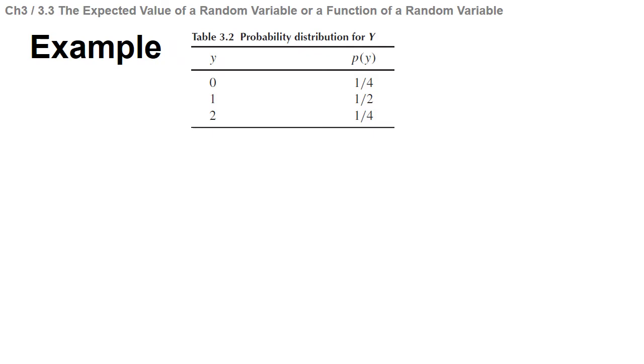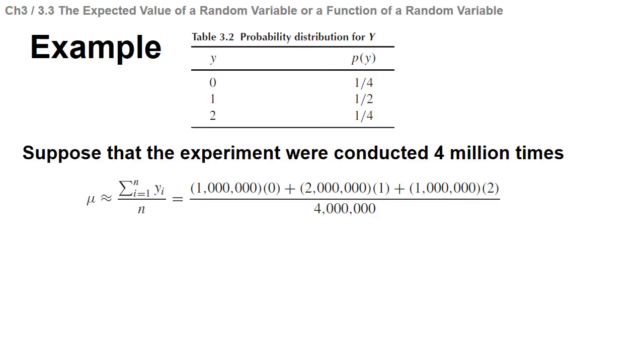Here is our example: the probability distribution for y, for discrete values y = 0, 1, 2. The probabilities associated with these values are 1/4, 1/2, and 1/4. Let's say that the experiment were conducted 4 million times. Then what would be the mean? By definition of the mean, we conducted this 4 million times, so here our n is 4 million, and